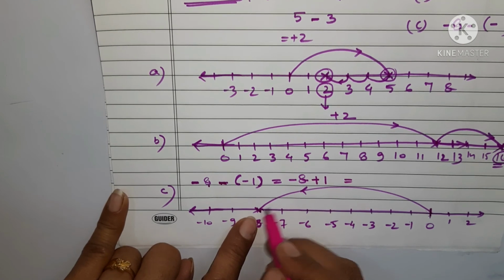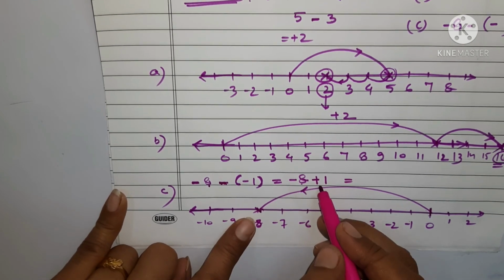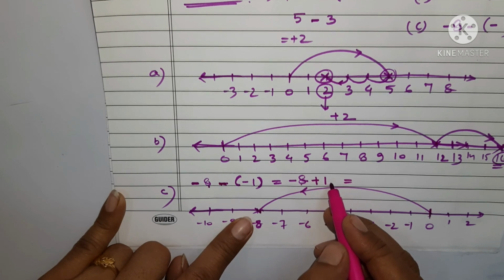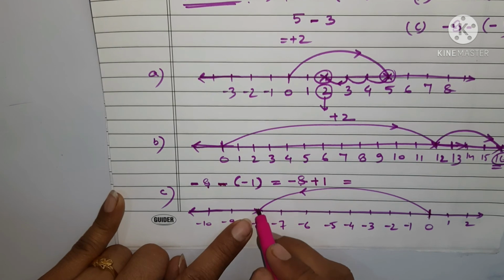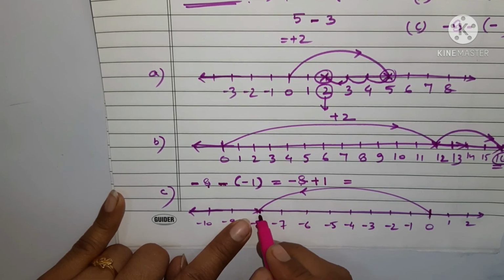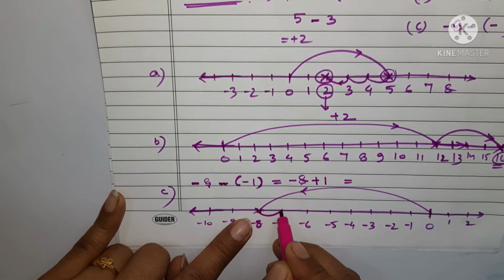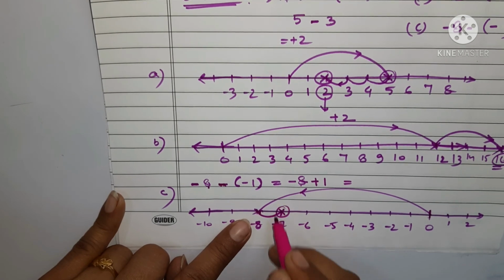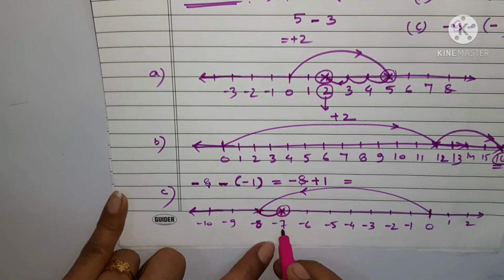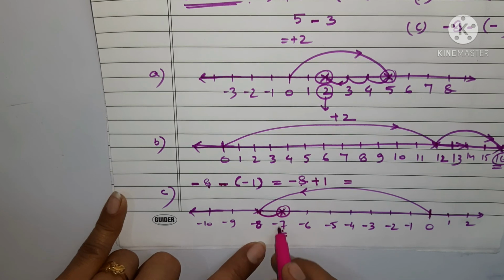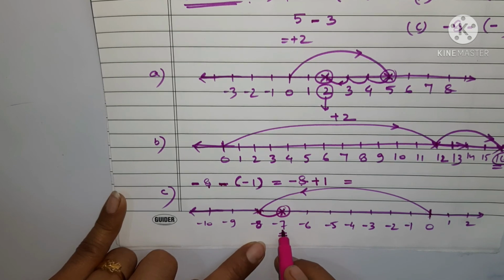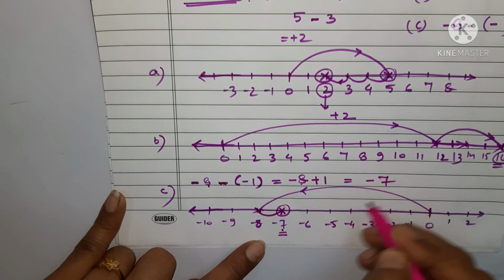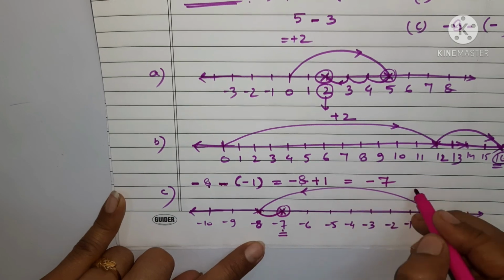We have moved because of the minus sign, and now you are getting a plus sign with 1 point. It means you will move towards the right direction. So from here we have to turn back to the right, and you are reaching -7. What is your number to reach? You are moving towards the right side, and you are arriving at -7. So what answer are you going to get here? Your answer will be -7.